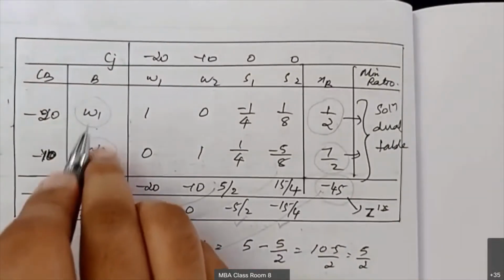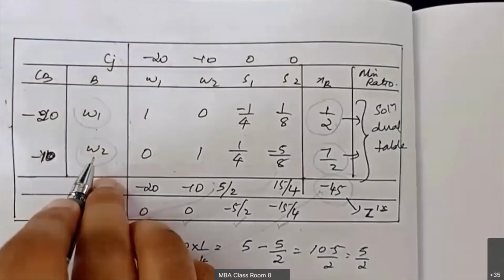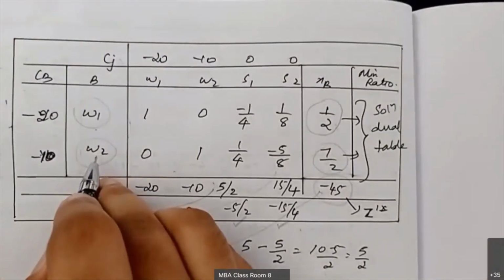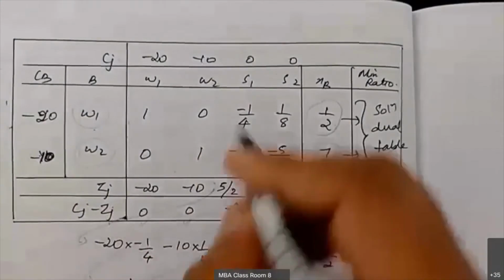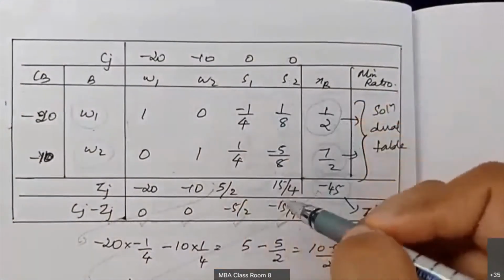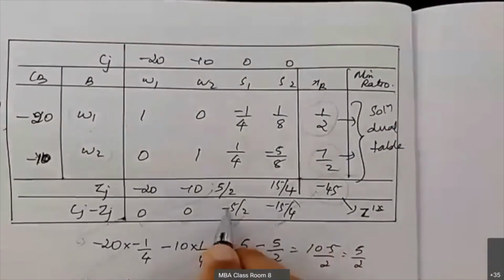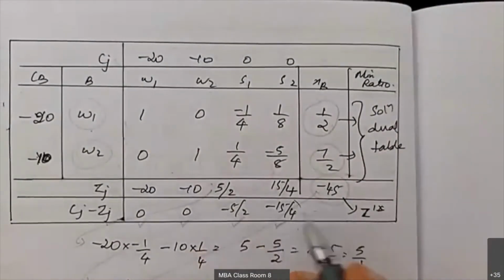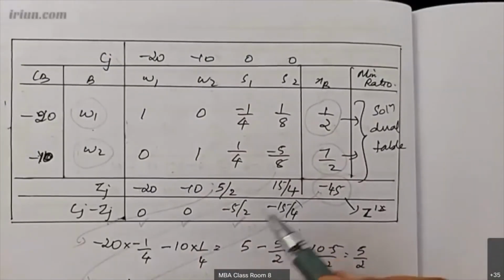Here you don't have any artificial variables. In that situation, you can get the solution for the primal table. Go and check the Cj minus Zj value corresponding to the slack or the surplus variables. First value will be the x value, second value will be the y value. Here you have minus, you have to ignore them. Why? Because we always take x1, x2 values as positive, according to the non-negativity constraints.